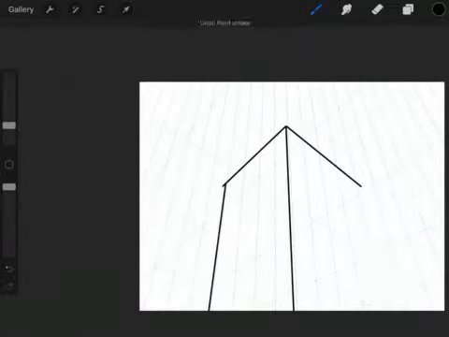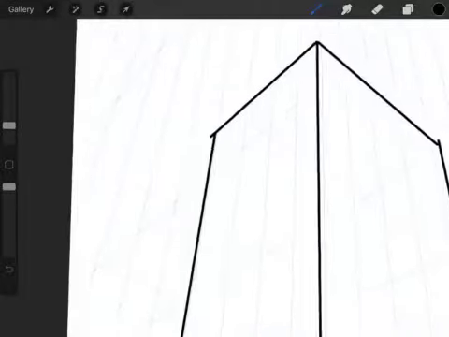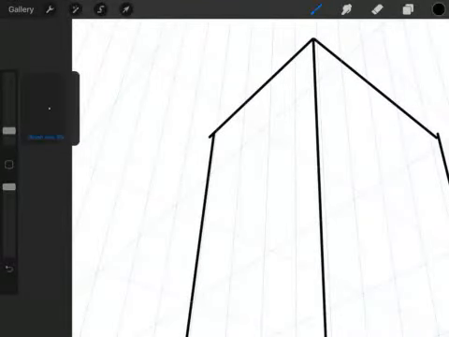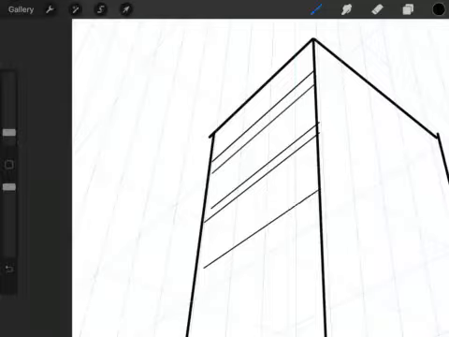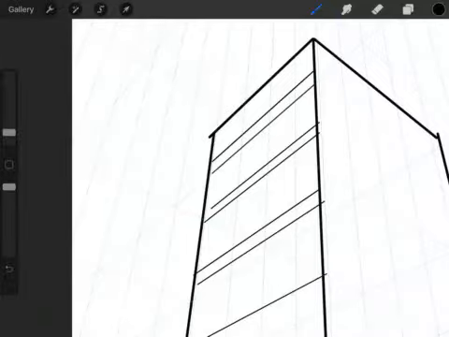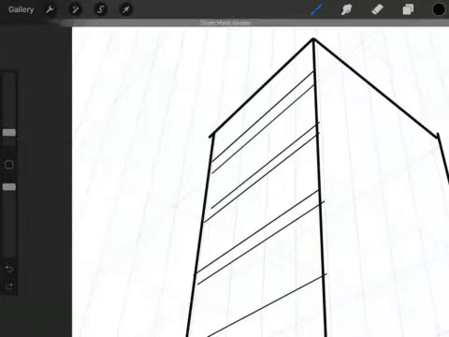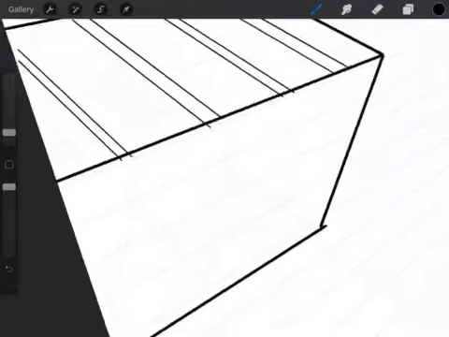Do you see the building? Let me try that again. Nope, let me try it again. That's good enough. Do you see the building? It doesn't really look like a building too much until I go back in with maybe a thinner line and draw maybe some windows. And if I'm really cool, I'm going to make sure that the spacing between each window gets wider and wider as I get lower and lower. And then I can kind of